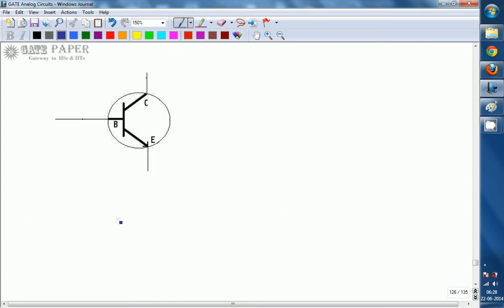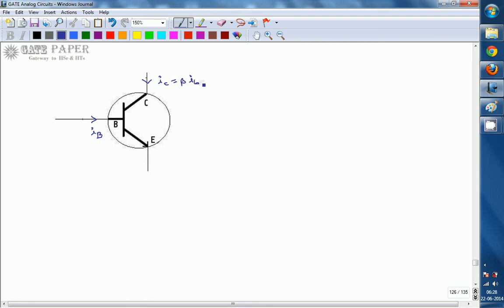So a transistor amplifier is nothing but a transistor amplifying a small signal with considerable gain. The amplifier amplifies the signal which is effectively present at its input terminals. First of all, this is the BJT circuit, and let us assume the current flowing through the base is IB, and the current flowing through the collector is IC. IC is nothing but beta times IB under the active region.